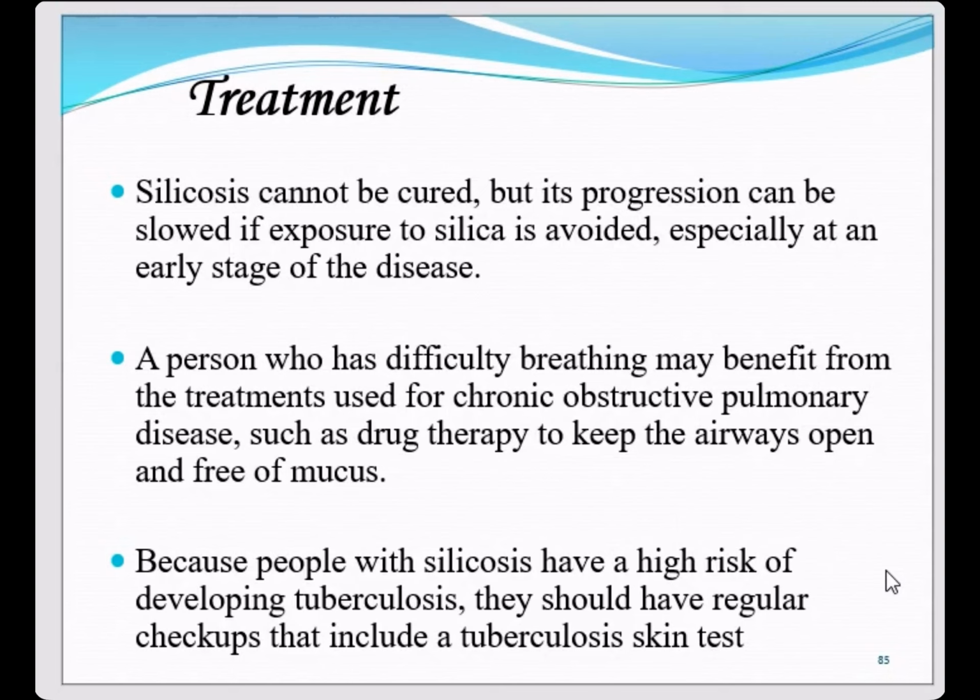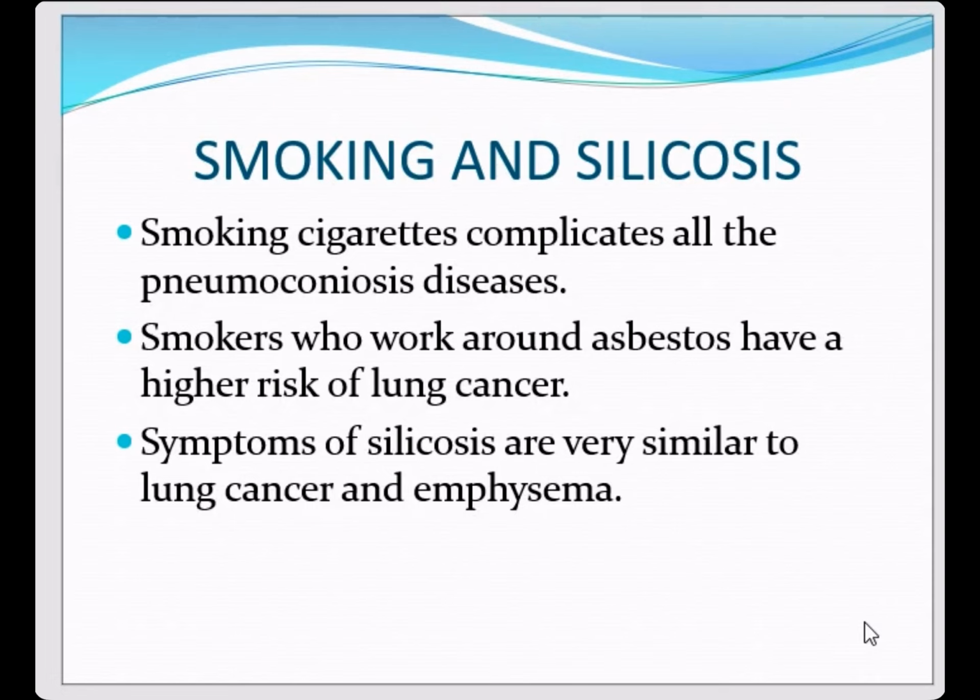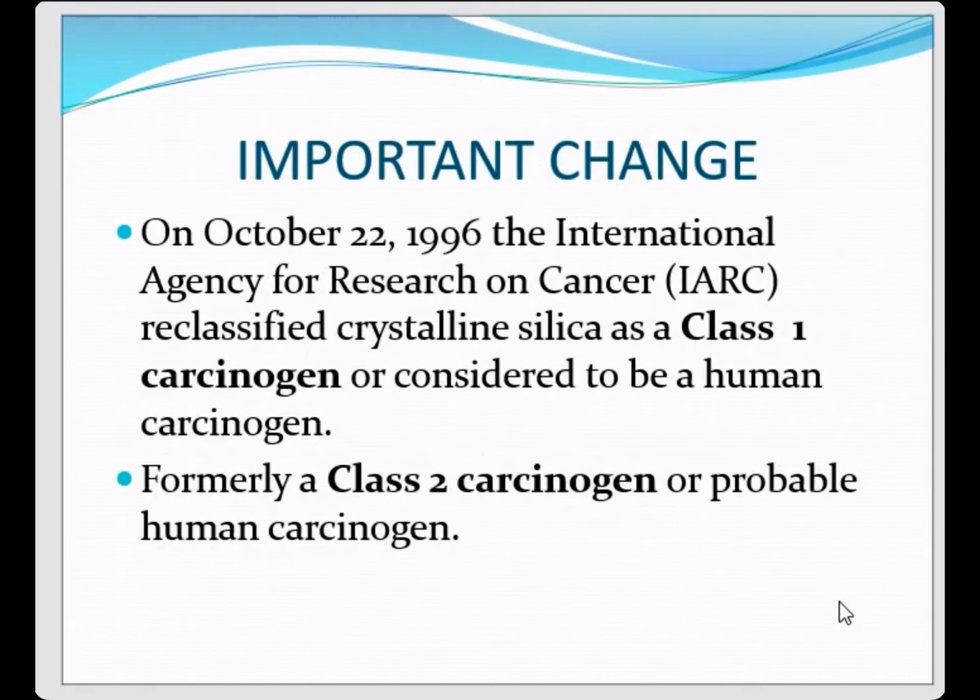At the same time, we have to know that tuberculosis is quite common with silicosis, so they should have regular check-ups that include a tuberculosis skin test. And smoking is very dangerous for the silicosis patient. Smokers who work around asbestos or silica have a higher risk of lung cancer. And we have an important change for silicosis: the International Agency for Research on Cancer reclassified crystalline silica as a class 1 carcinogen. So for a class 1 carcinogen, we have to very carefully do some prevention for the workers in a working place which can expose them to different